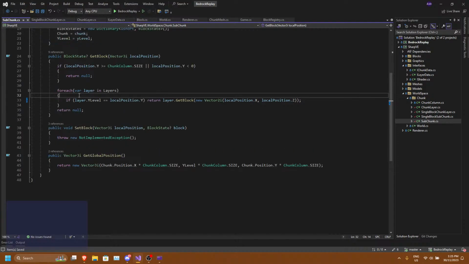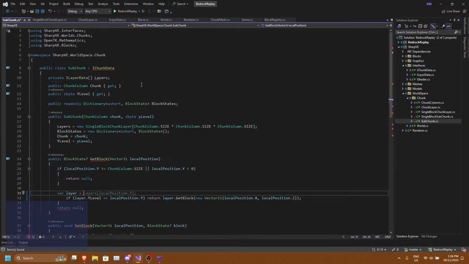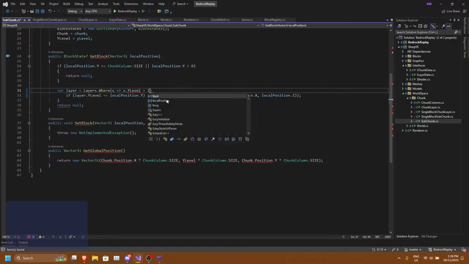Okay, so I have to change this so it's a bit more efficient. I have to do var layer is equal to layers. Do I have my layers? Yes, I have layers dot where x is equal over to x dot y level is equal to local position dot y.